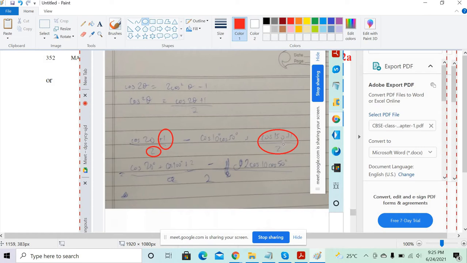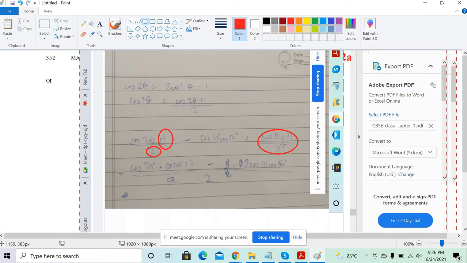I think that's what's missing. We only have 60 value. Cos 60 is 1 by 2. No, 1 by 2 plus 1 becomes 3 by 2 then. No, that's minus cos 60. Okay, so minus cos 60, minus 1 by 2. So 1 minus 1 by 2, right? 1 by 2. So cos 20 degree, cos 100 degree, cos 60 minus cos 40 degree, and then plus 1 by 2 is left. The whole thing divided by 2.